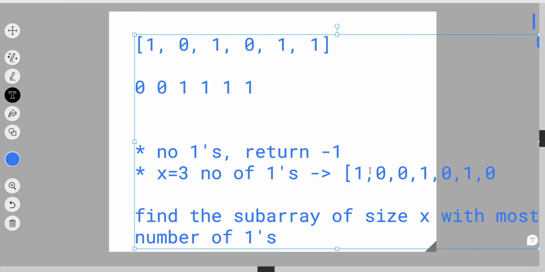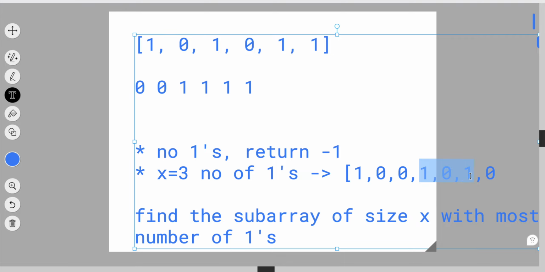So if you see here, this is a subarray of size x, here 3, here we have 1 appearing one time. This is another subarray, this is another subarray, and if we check here, this subarray has 2 ones and the rest is surely zeros. So we have the maximum number of ones in this particular subarray. So it is always optimal for us to just remove the remaining zeros in this particular subarray that is having